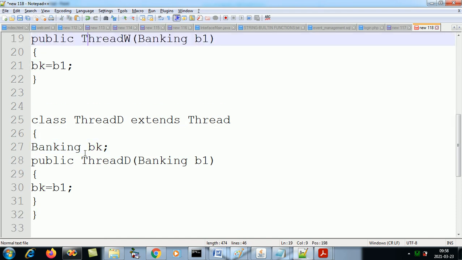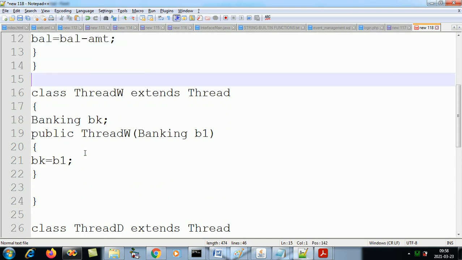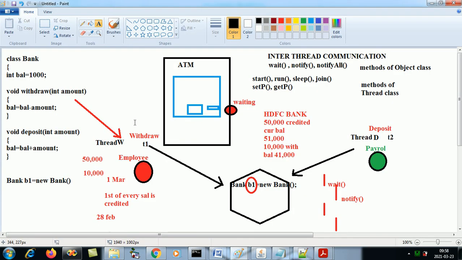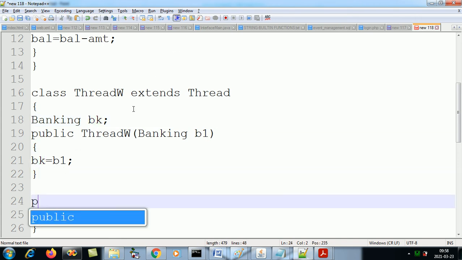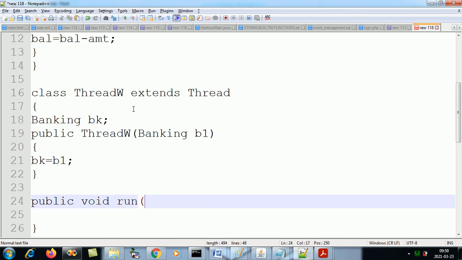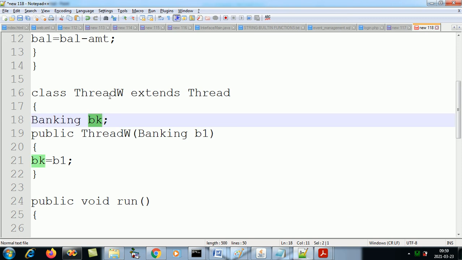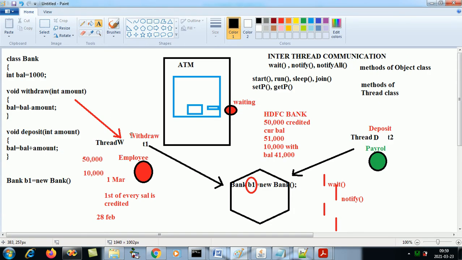Is this understood? Okay. Now what is thread W calling? Which function? Thread W is calling the withdraw function. Now as I have a banking object BK, and as we are doing threading, which function do we have to write for threading? Public void run, and in run using BK in thread W, which function do I have to call?